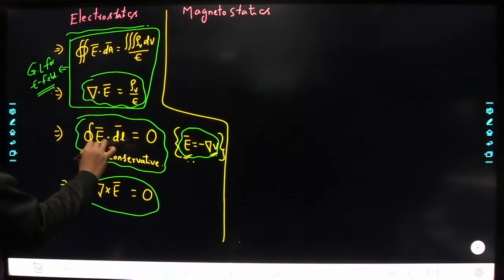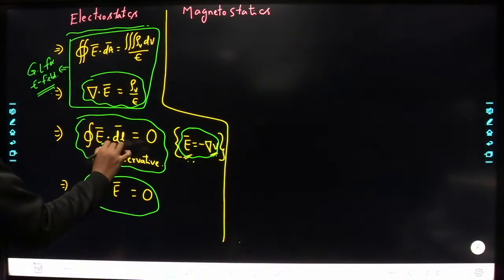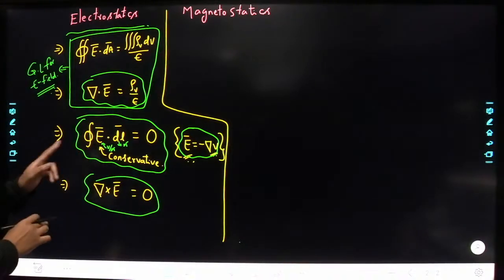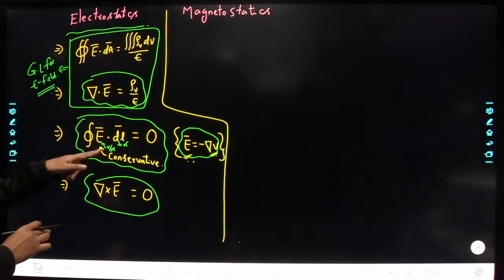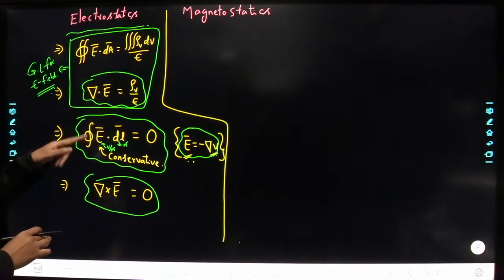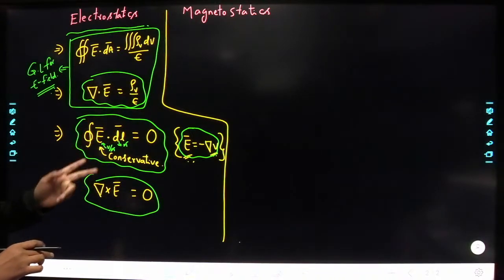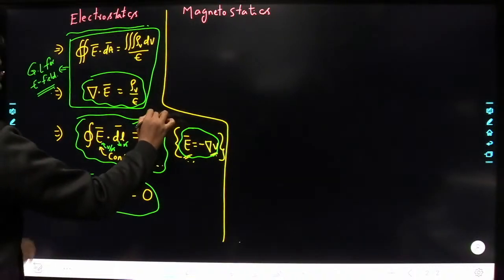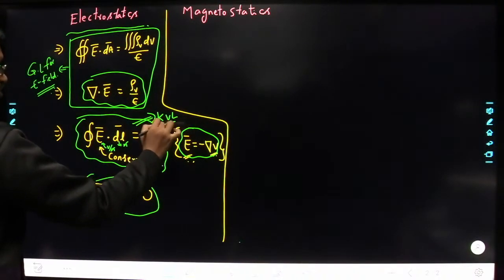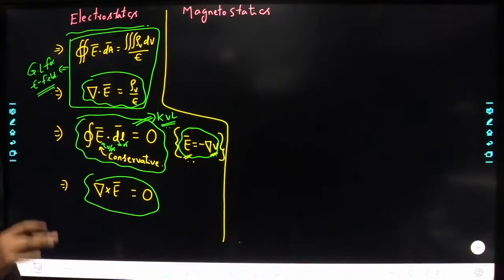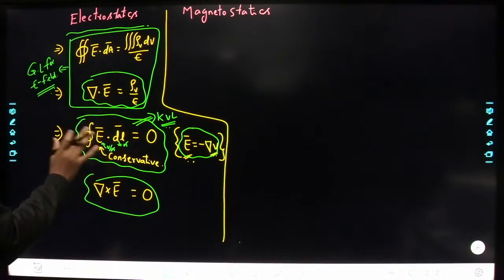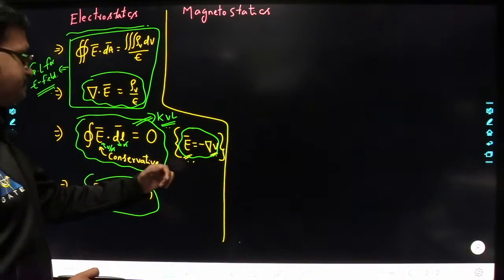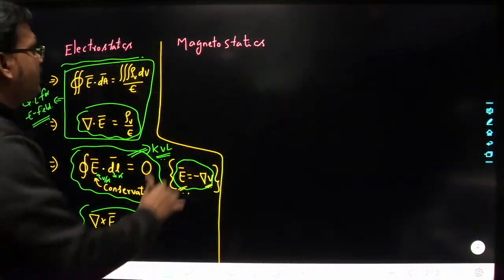See, the unit of electric field is volt per meter, and the unit of dl bar is meter, so the meter gets cancelled. So it represents that the summation of voltages around any closed loop is equal to 0. I told you that this equation is the basis for KVL, so this equation is also called KVL. All these things we have covered here, right? Okay. Now in magnetostatics here,